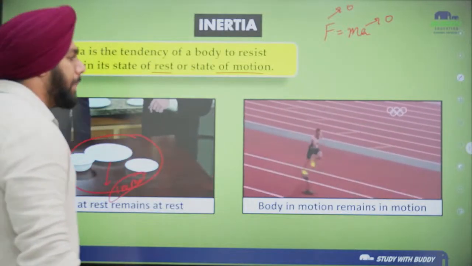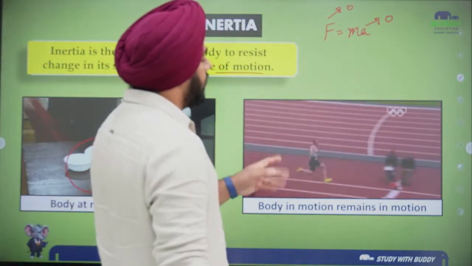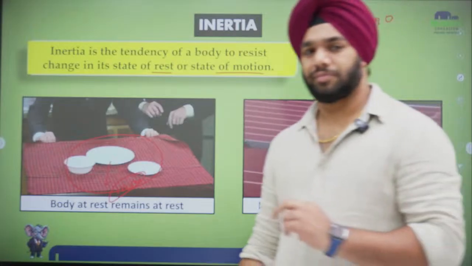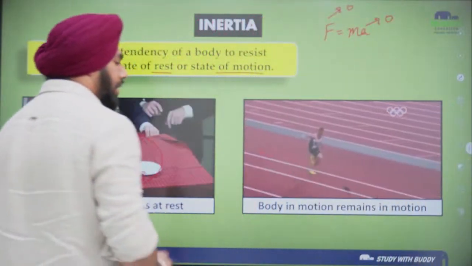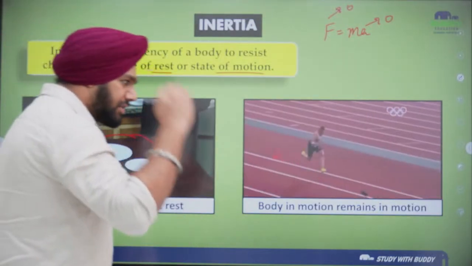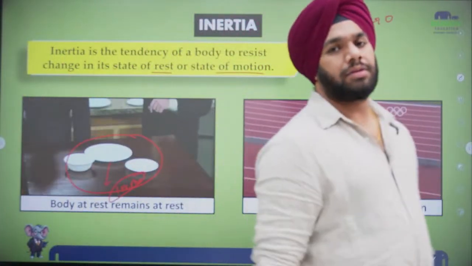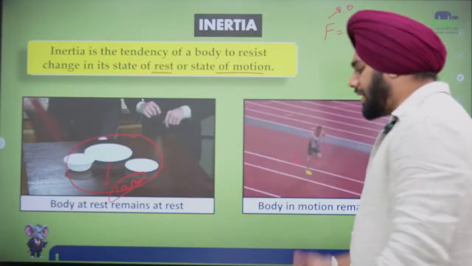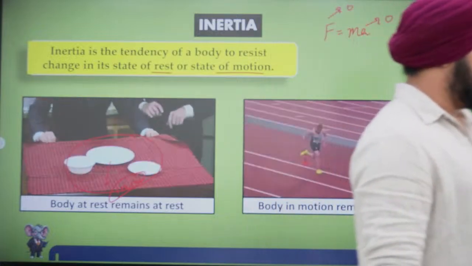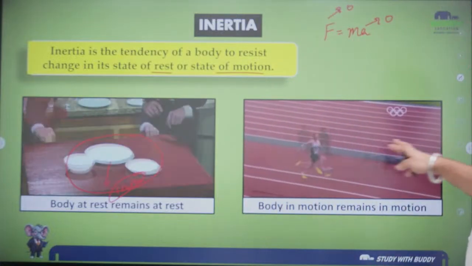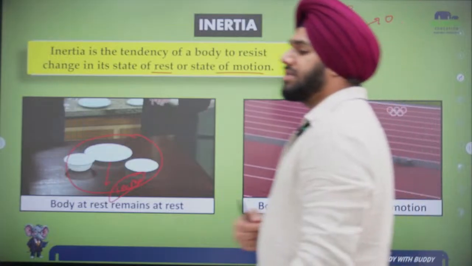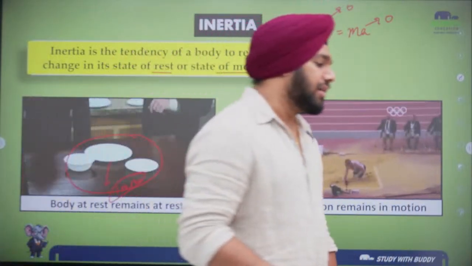We have another example. Now, remembering this, there's a story behind it, I'll tell you. Take a look here. You are seeing that there is some athlete running and eventually stepping on the ground, right? This is known as high jump. But when the lower body touches the ground, it comes to rest, but the upper body is still in motion, right? Therefore he fell down some more distance. Just take a look. See, he is still moving, because the upper body is still in motion, and this is known as inertia of motion.